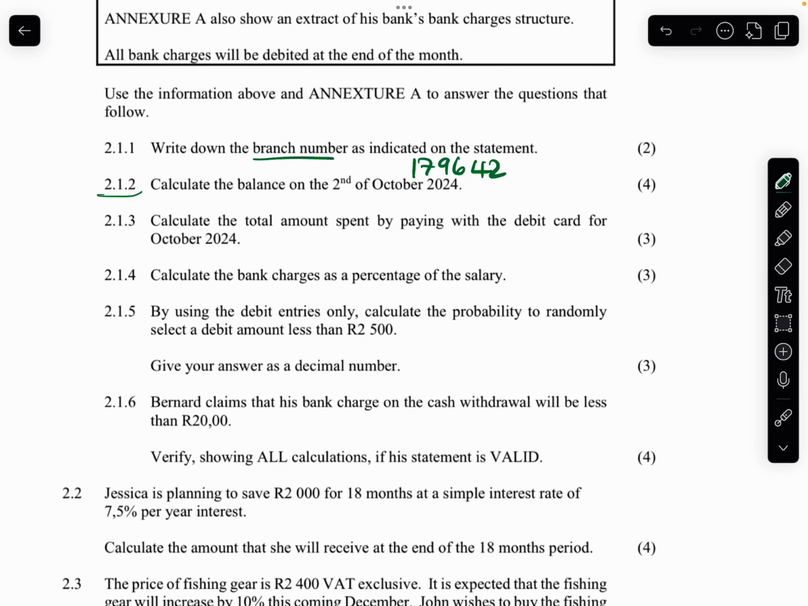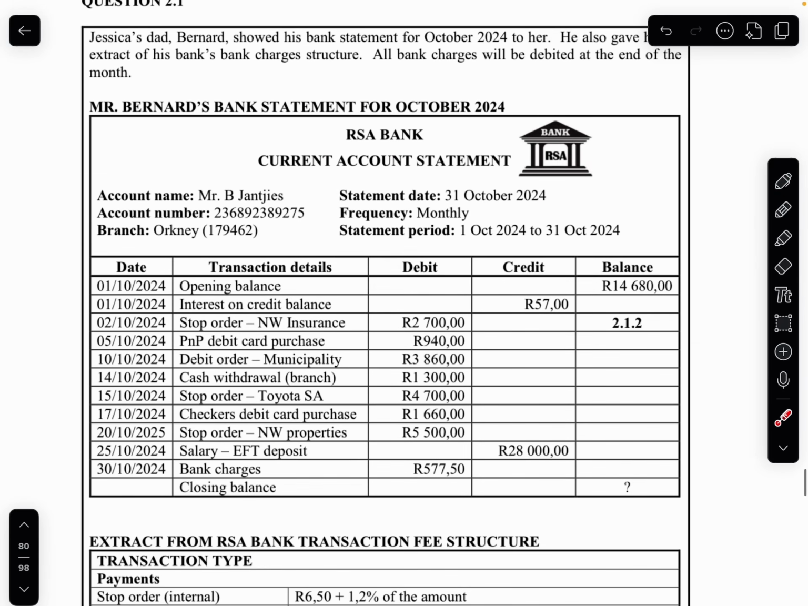Number 2.1.2, it says calculate the balance on the 2nd of May. The balance on the 2nd of May. Right, let's go to the balance on the 2nd of May. So on the 1st of May, the opening balance was 14,680 rands. And then this is where the money came in. So you're going to take this money and add that one. And then on the 2nd now, this money came out, was taken out of the account. It was a stop order for an insurance. So the balance here is going to be this amount,